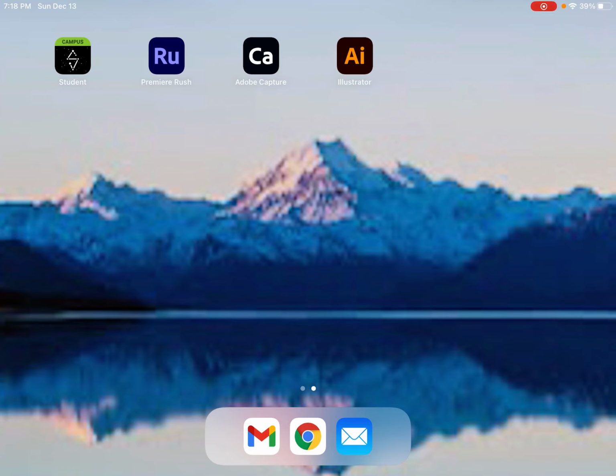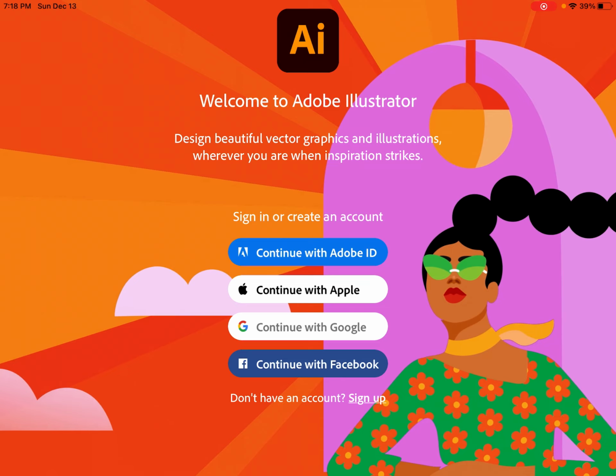So for many of you, this will be your first time using Adobe Illustrator, so go ahead and make sure it's downloaded. It's this one right here with the AI logo. Go ahead and open it up. And if you have not already logged in, it's going to prompt you to log in. So to do that,